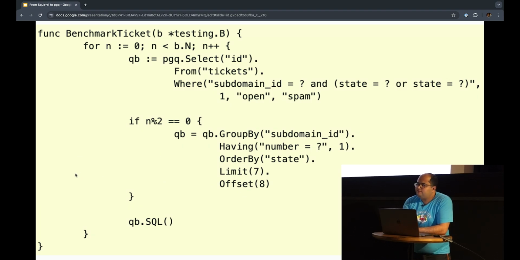And if you have something more complex, there are other functions in the B type, like StartTimer, StopTimer, and a few other functions that might help you, for example, if you have expensive operations that you need to run during your benchmark.